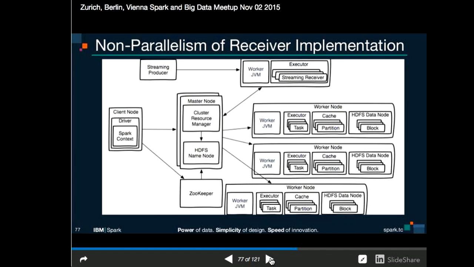Also, from a performance standpoint, any data that was in flight had to get written out to a write-ahead log. This is how tools like Cassandra work, where they're getting data very quickly and just writing it to an append-only log for durability. So each receiver had to do that, and then it would create the batch and submit a little mini batch job of just a 5-second interval or a 500 millisecond interval. So Spark was already optimized for those little micro batches, but